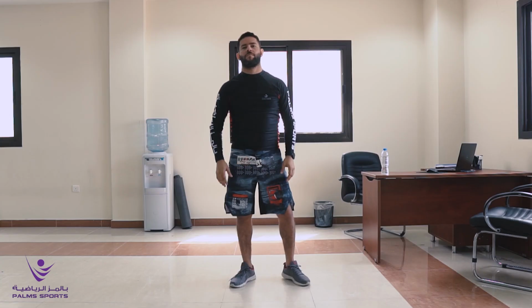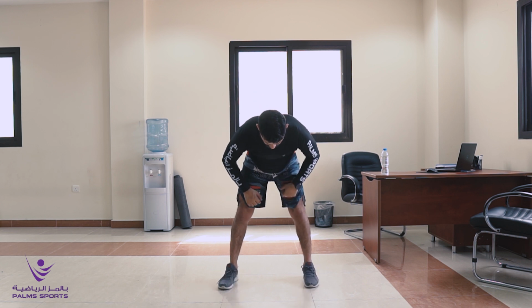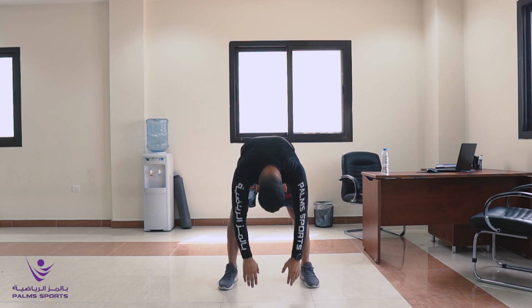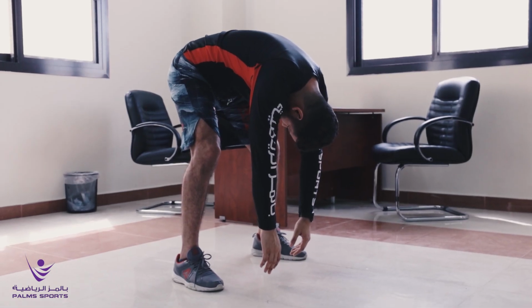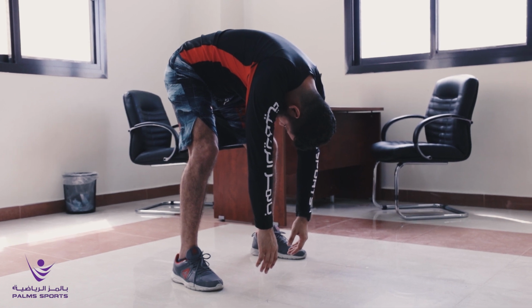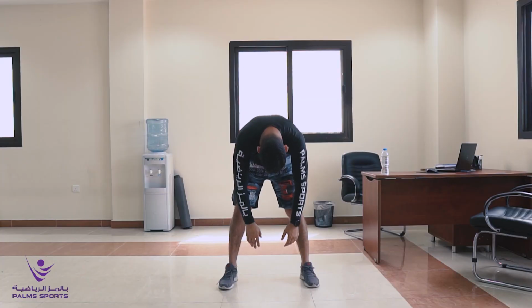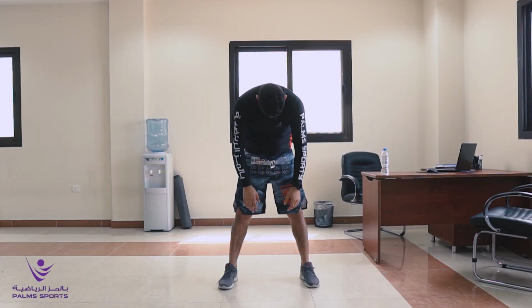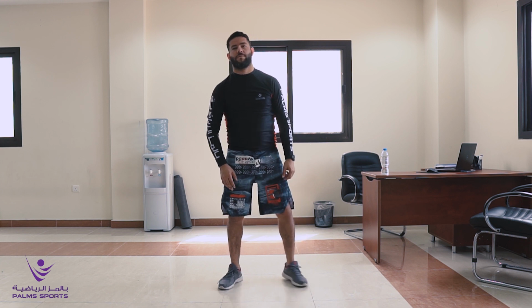Now Luiz will be trying to touch the ground. Open the legs slightly, hands down, relax your head. Now he's stretching the lower back, hamstrings. Slowly come back up again. Don't forget to breathe. Now Luiz will take 1 step forward